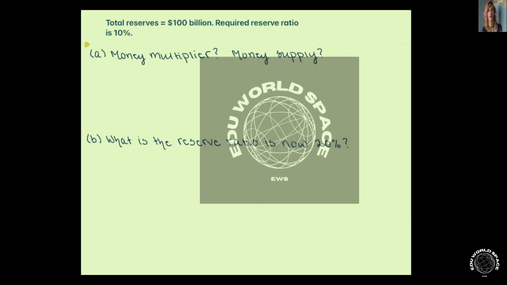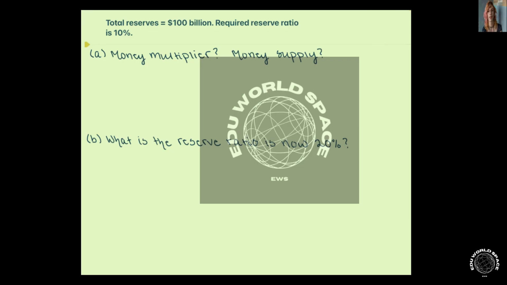Working with the monetary system, we're going to be using money multipliers and the money supply to understand how changes in required reserve ratios impact both of those things. So what we're given is that the total reserves is $100 billion and that there is a required reserve ratio of 10%. So for part A here, we'd like to know what the money multiplier is and what the money